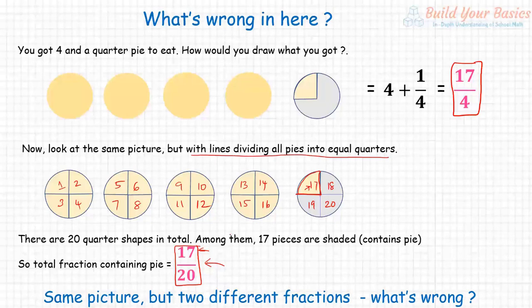Sir, I know. Yes. Sir, this one we are counting with 1 by 4, and this one we are counting with all the pieces, even the left out ones. Yeah, here also if you count 1 by 4s, you will say 1 by 4, 1 by 4, 1 by 4, 1 by 4 is 1. And then again 1 by 4, 1 by 4, 1 by 4. If you do this here also, you will say, okay, 4 1 by 4s will give me 1. And then another 4 1 by 4s will give me another 1, and so on. Finally, you got the 17 by 4 or 4 plus 1 by 4. You would have gotten that.